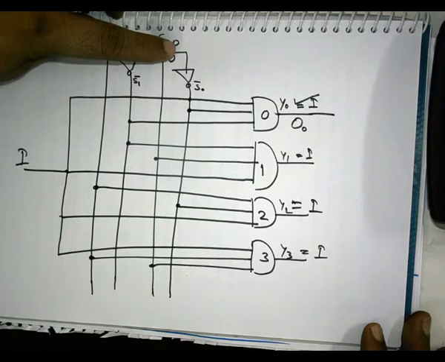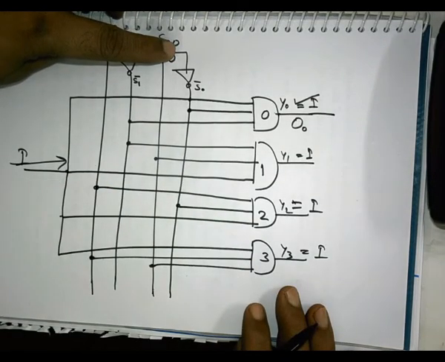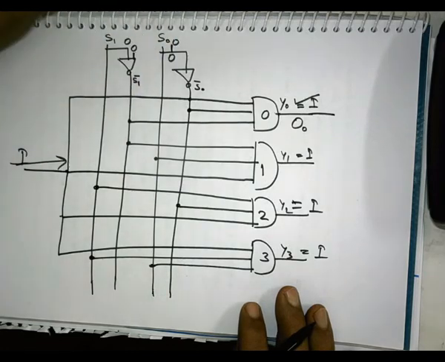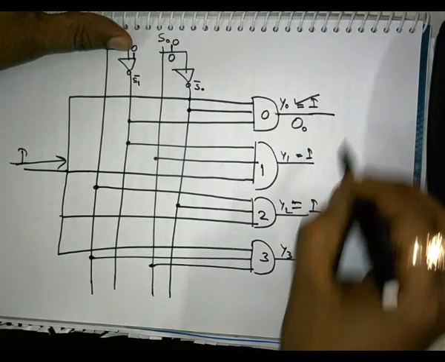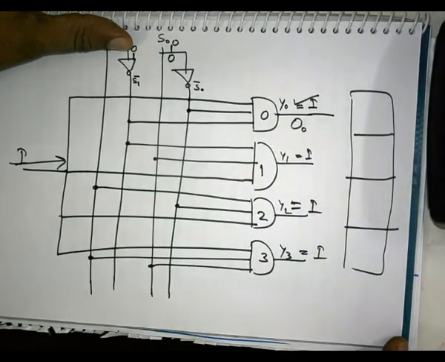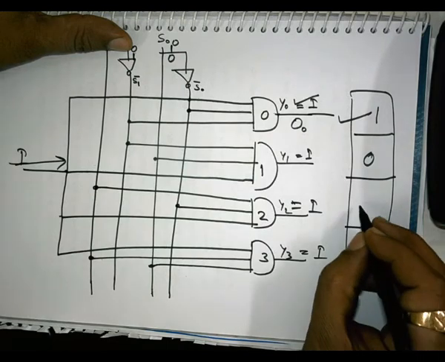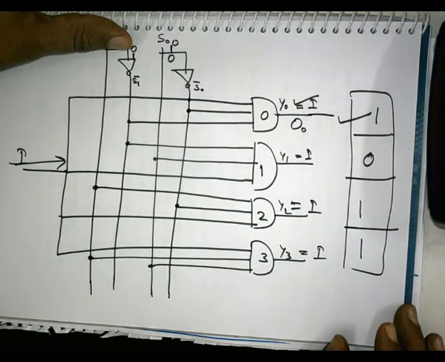So it can be used for serial to parallel conversion of the data. Serially data is coming and it has to be placed in some parallel bits. It has to be arranged in some parallel bits. Say a data bit pattern is formed like this. It has to be arranged in a nibble form like this. So the first bit will be inserted over here, second bit will be inserted over here, third bit will be inserted over here, and fourth bit will be inserted over here. Okay, so this way we can perform serial to parallel conversion.